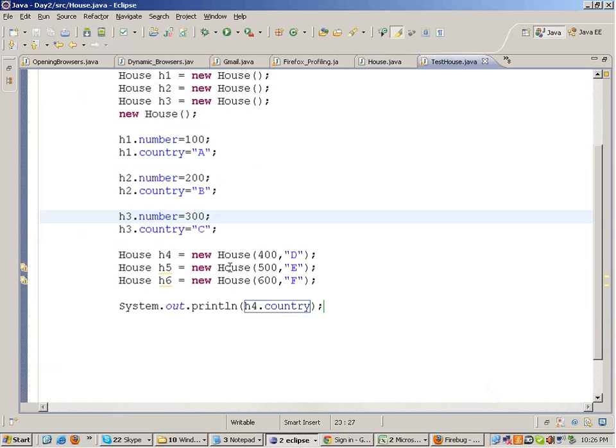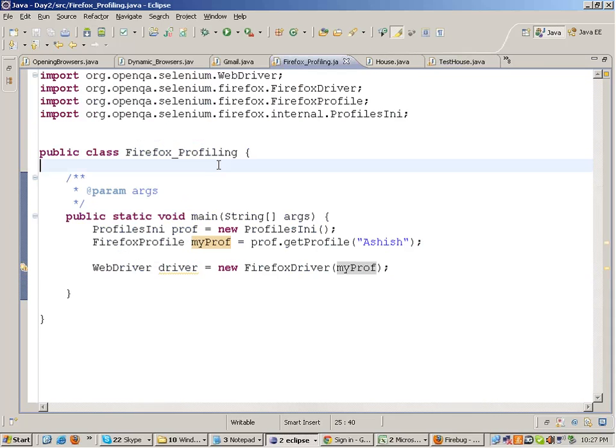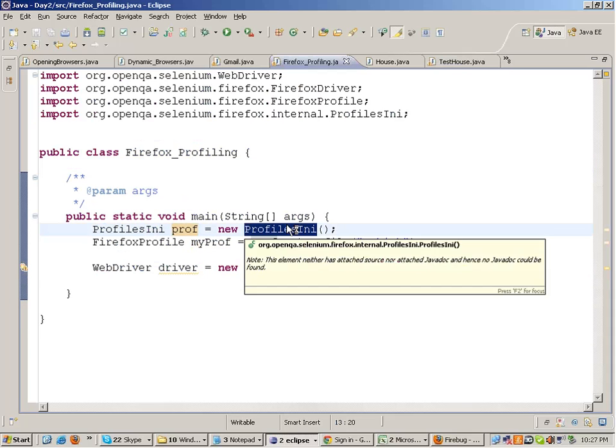And in TestHouse.java, we have actually called the overloaded constructor, passing on the house number and the city. So that's exactly what I do out here. When I'm creating the Firefox profile, I write ProfilesIni profile equals new ProfilesIni.